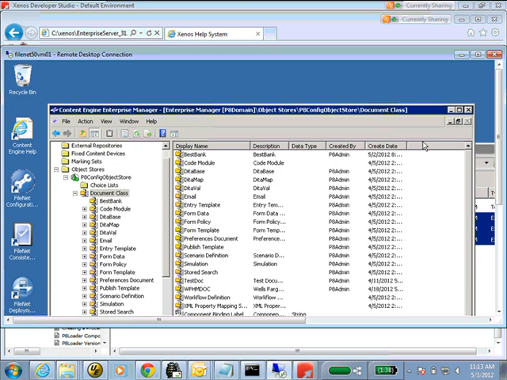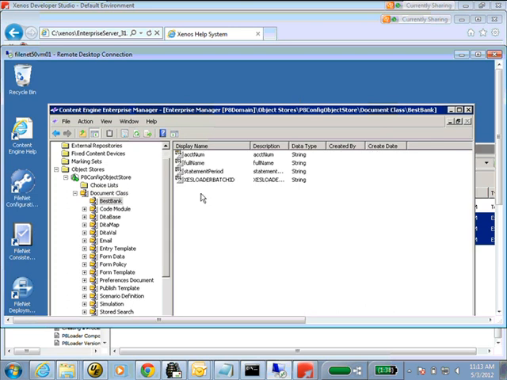So in this particular case, we're working with the best bank example, and we can see that I have 4 indexes or columns or whatever you want to call them set up within there. I have account number, I have full name, and I have statement period. We're also going to see here the XES load batch ID column, and that is used within our loader to actually manage the load.